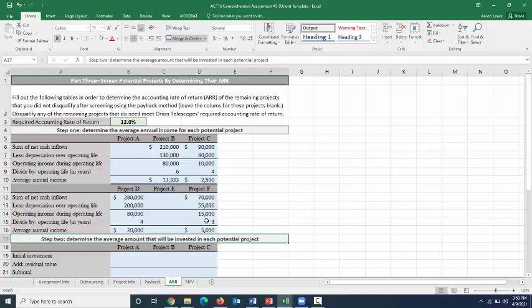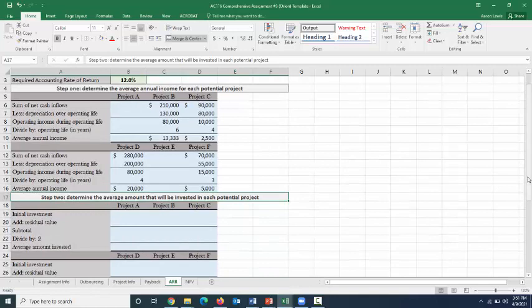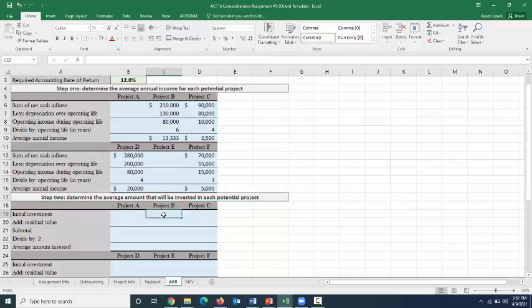The other part is the average amount that we are going to have invested in the project at any one given time. And to do this, we need to go through and figure out what that amount is going to be based upon how much we're going to have tied up in that project on the first day and how much we're going to have tied up in that project on the last day. So if we go to Project B,